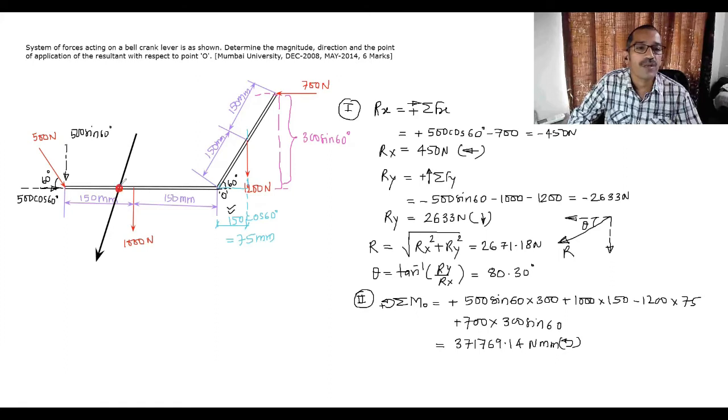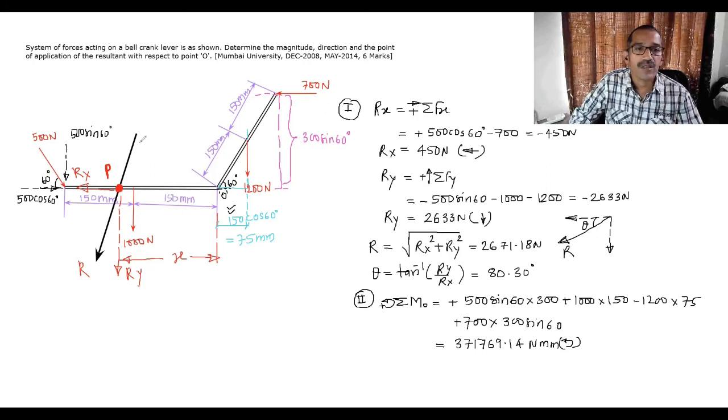Say this is the point P where the resultant cuts the x-axis. Say the distance from point O, where you are taking moment, to this point P is x. If we resolve, you get two components of the resultant, horizontal Rx and vertical Ry, leftward and downward, and this is nothing but R. Now the moment of Rx about point O is 0. The moment of Ry is anti-clockwise, Ry into x.